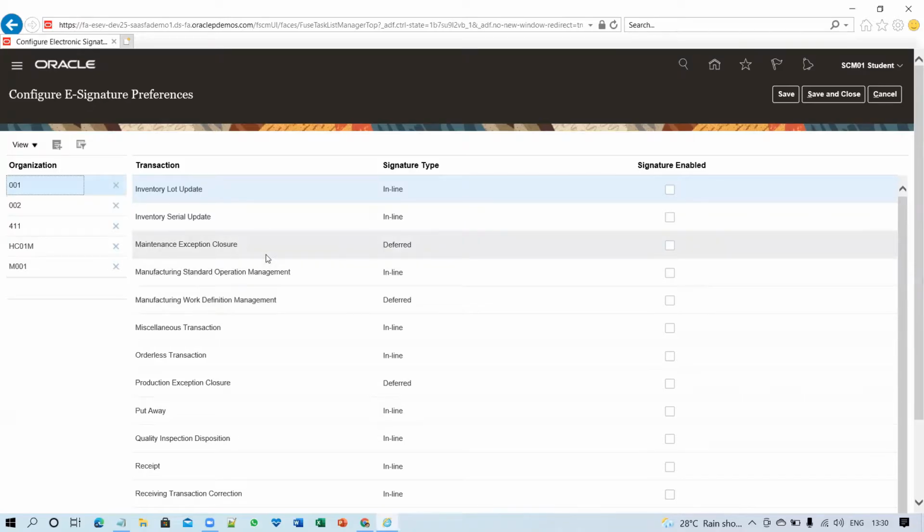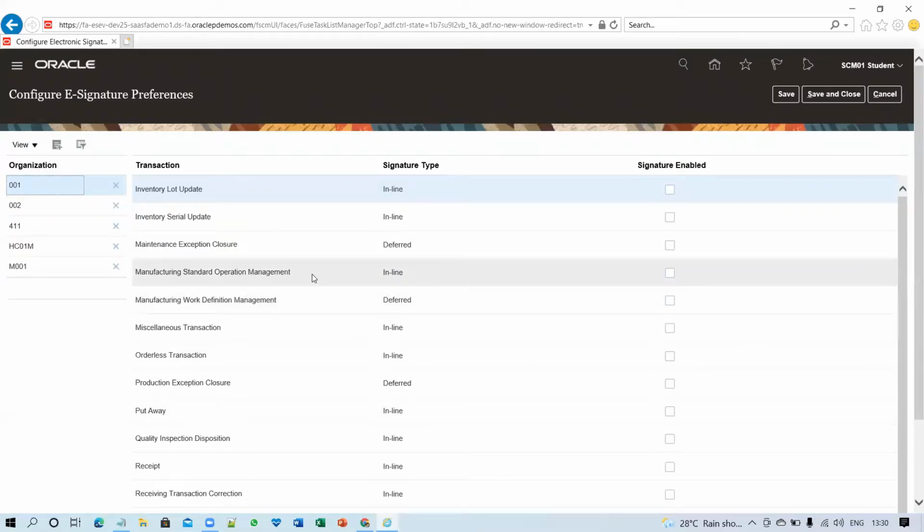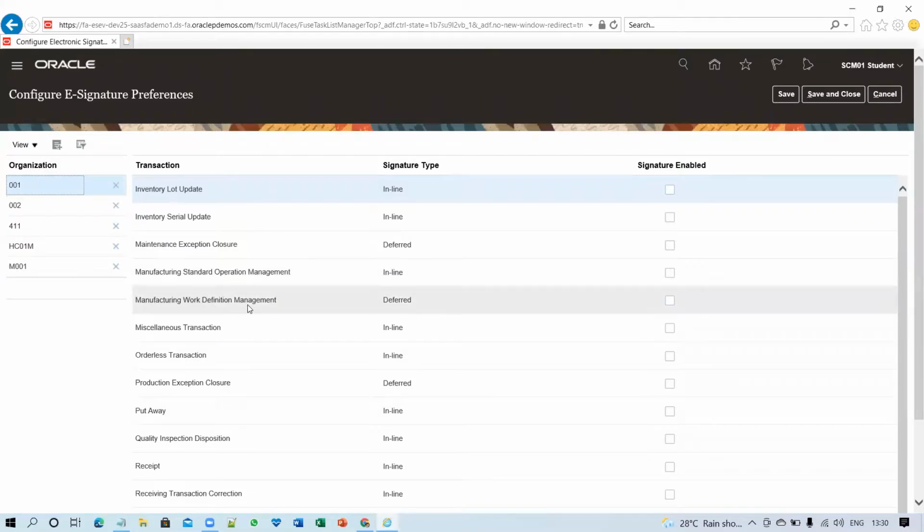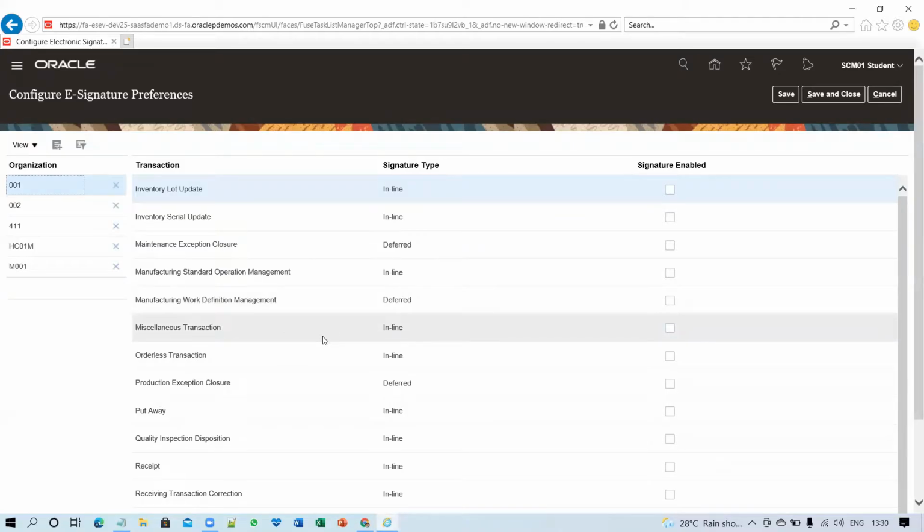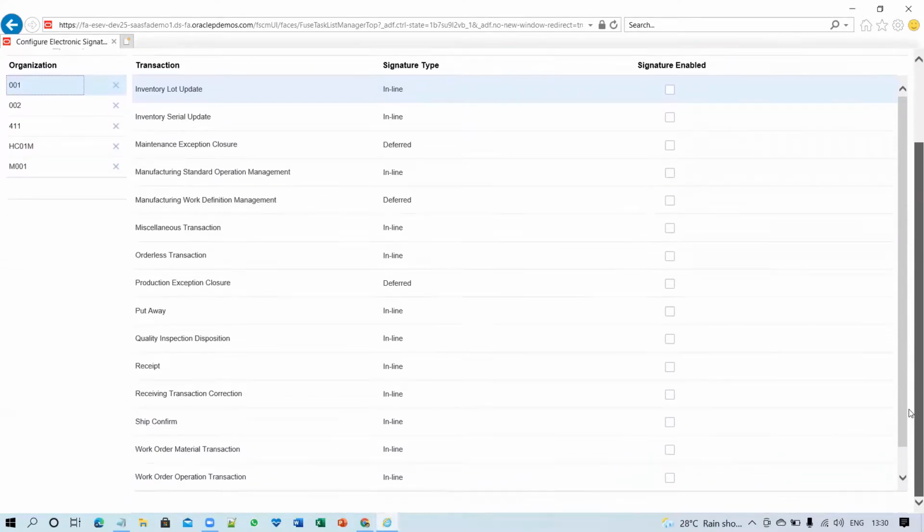If you have maintenance, you can use this feature as well. Then manufacturing standard operations, manufacturing work definitions, miscellaneous transactions, orderless transactions, production exceptions, and put away, quality, receipt transaction corrections. If I scroll down, you can see ship confirm, work order material transaction, and work order operation transactions.